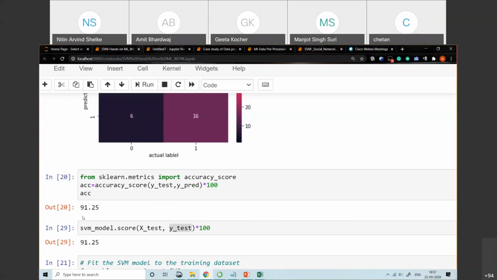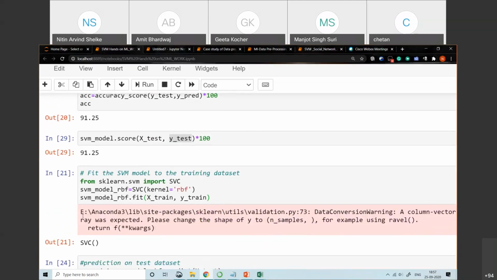Okay, so accuracy_score, the same parameters we will pass as for the confusion matrix, and multiplied by 100, you will get the accuracy. One more extra method is there, this is the additional method: the dot score method it is. Now next,